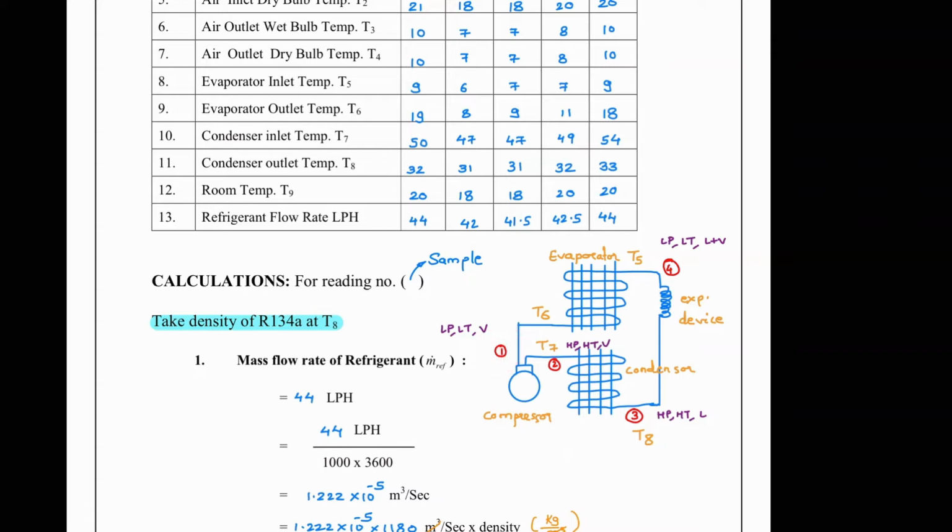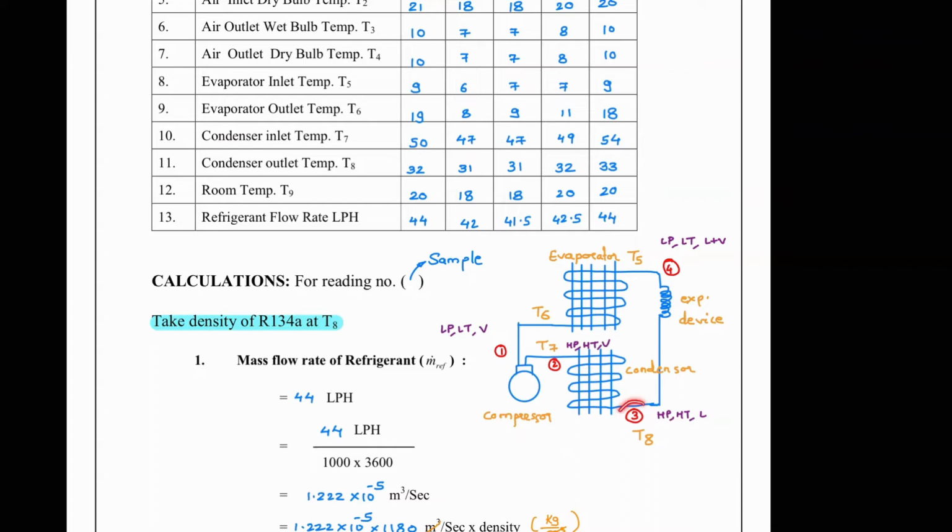And we are taking the second reference as this T8, which is the condenser outlet, point number 3. So it is not the compressor outlet. Which point will it be? Inlet to the condenser, right? T7. So don't take this 50 degrees and mark point 2 according to that. We are following the 1 to 2 process as what? Isentropic compression, because we will be calculating the theoretical COP from that pH chart. Actual COP, the other method is there.